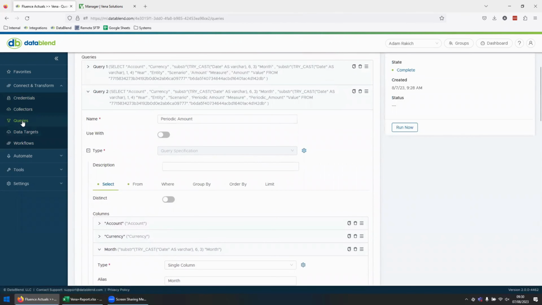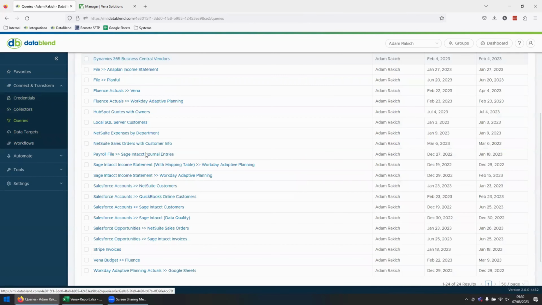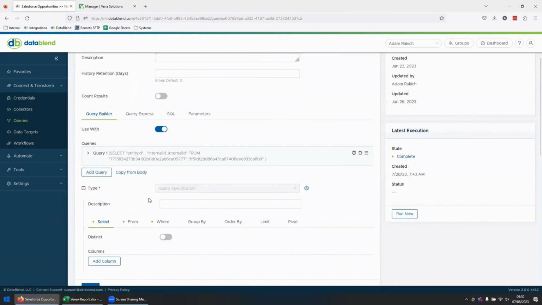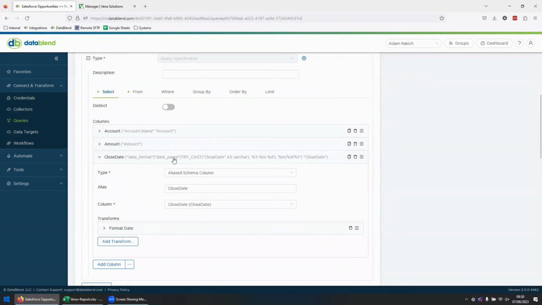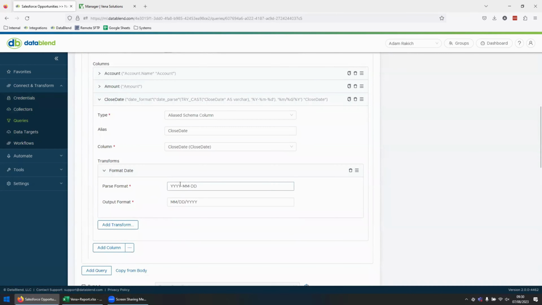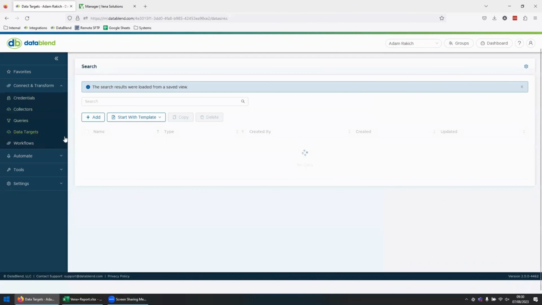But if I look at something else, say my Salesforce opportunities into NetSuite, there's a whole variety of things we can do. I look at this close date here. You see we're transforming with a pick and click from different date formats. There's a whole bunch of other things that we can do very, very quickly. So we change the data to what we need it to be for Vena, and then we point it at